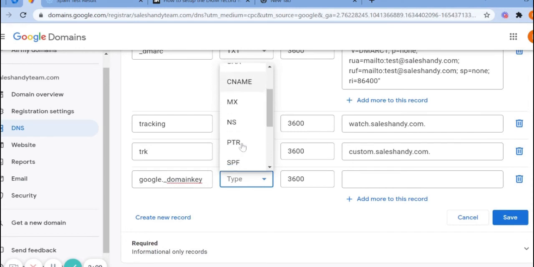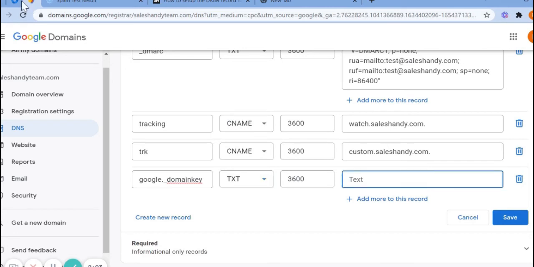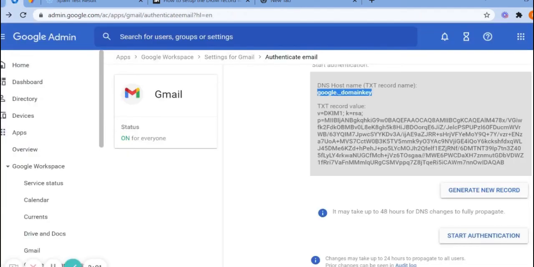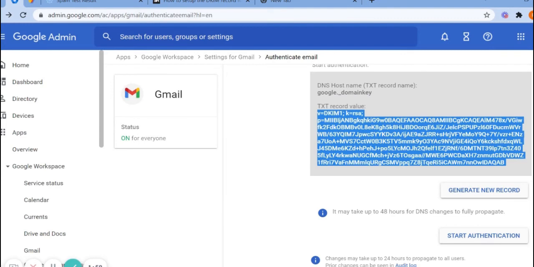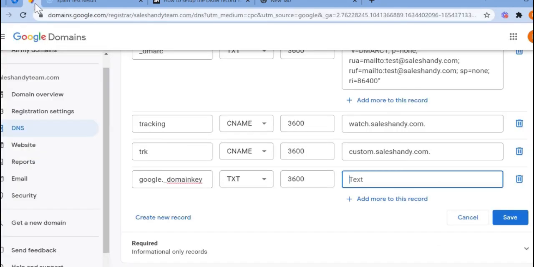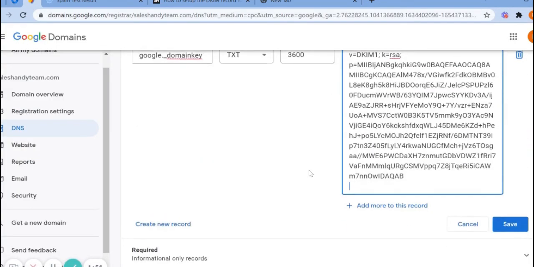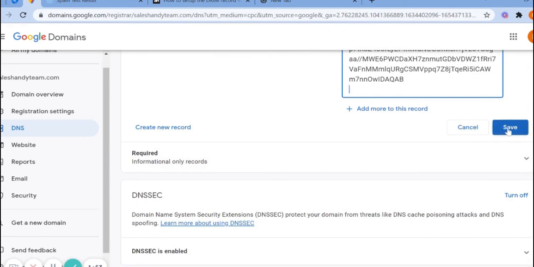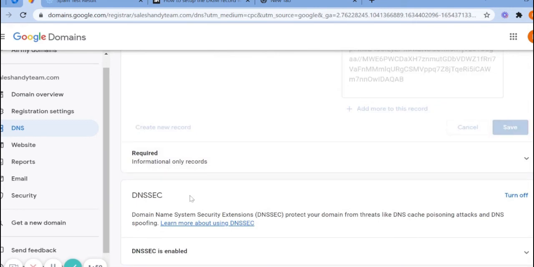As DKIM is a TXT type record, we need to choose this. Without changing this, we need to paste here this TXT record value, the whole value, and hit the save button.